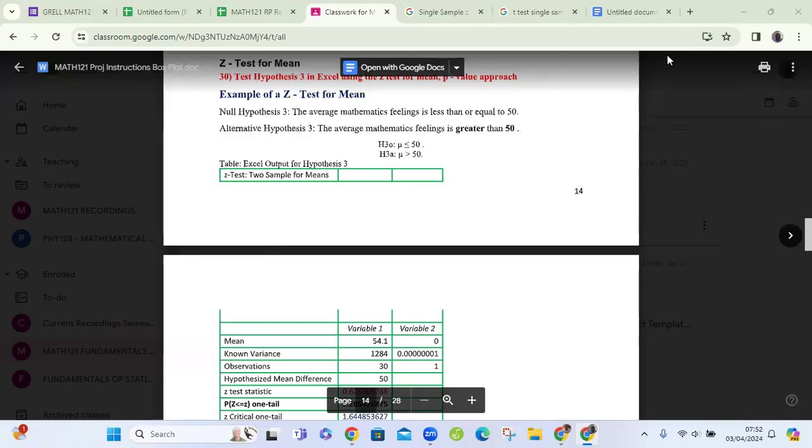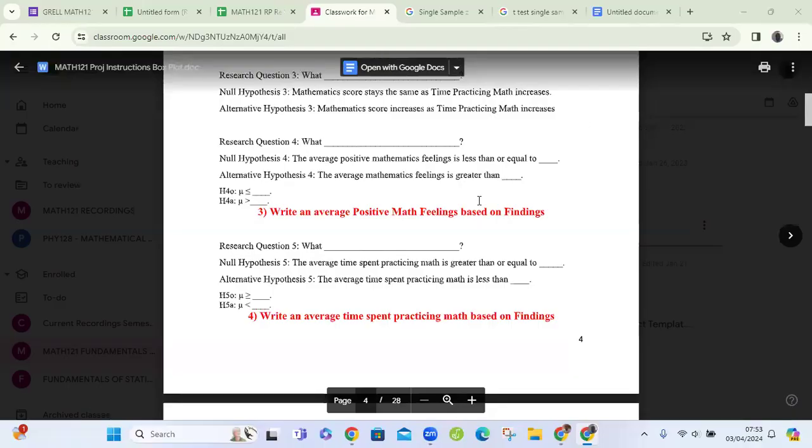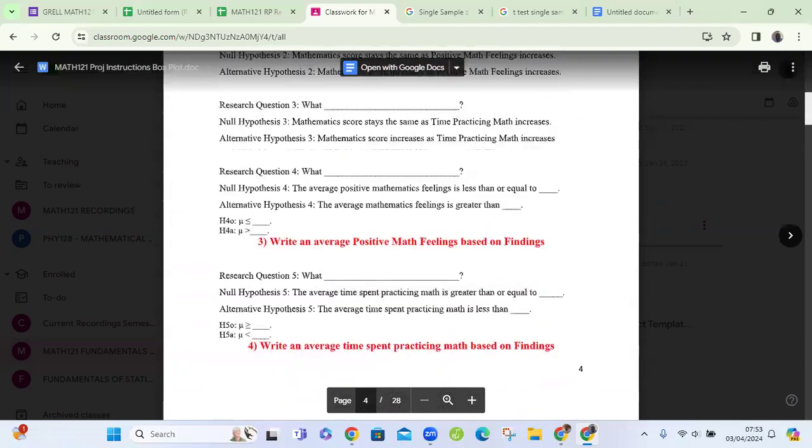Here we are going to discuss the Z-test for mean for 3 research questions. Let's take a look at the research questions. So these are research questions 4, 5, and 6. Number 4 is asking a question about the maths,